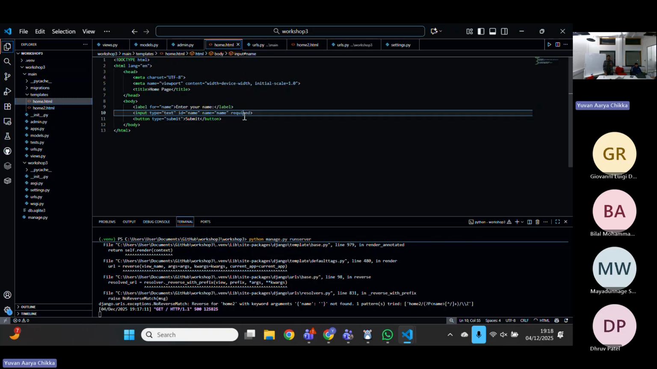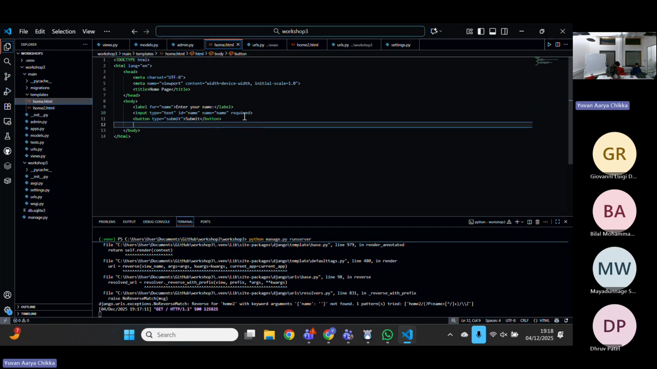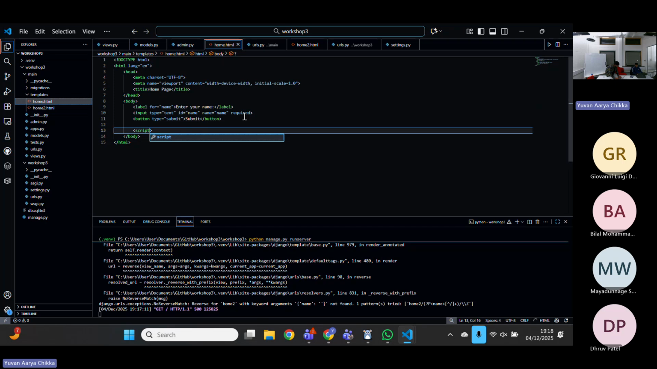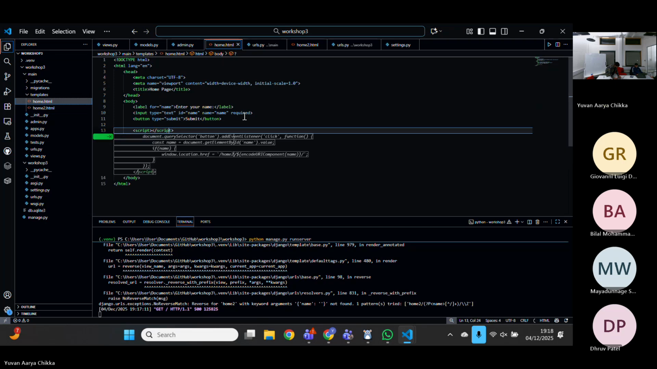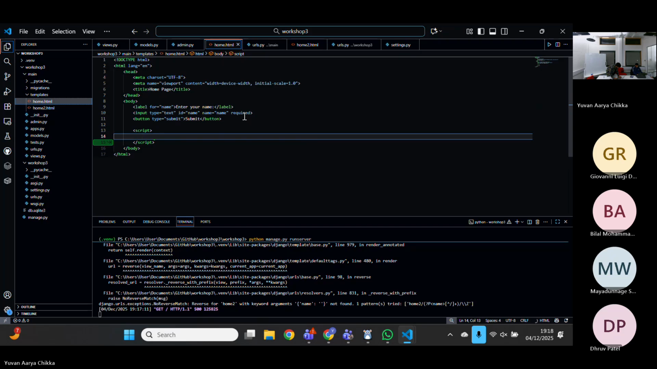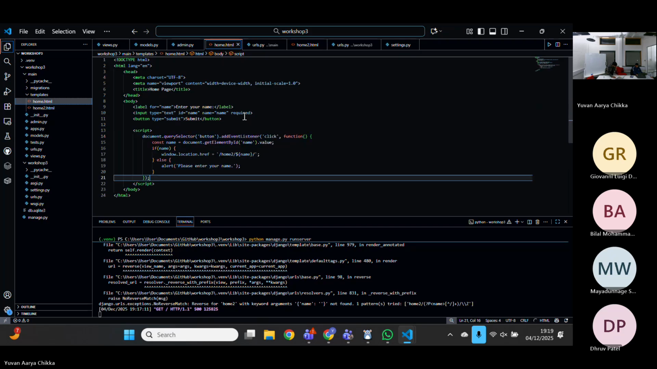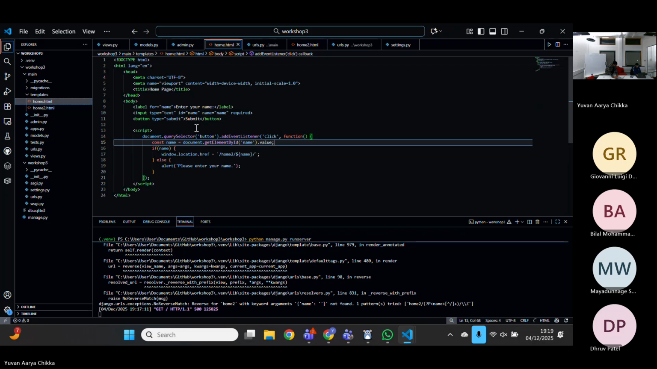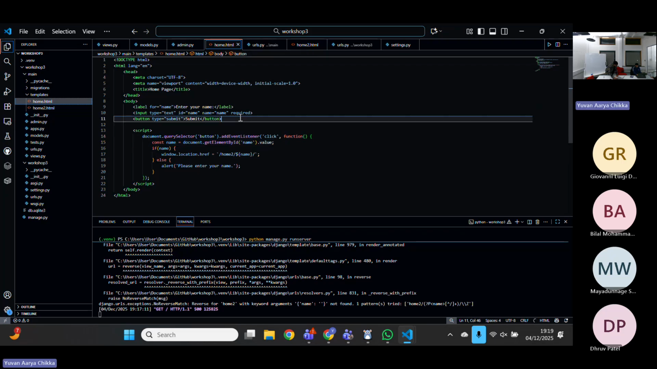And now what we're going to do is create a script tag. The script tag will allow us to run JavaScript on this page. The script goes here, after all the body items, essentially before the end of body. Right, and then what we're going to do is